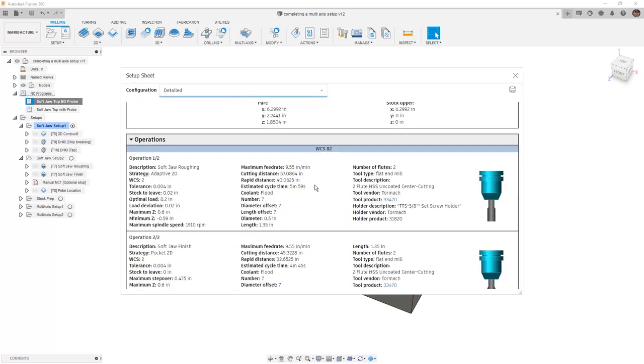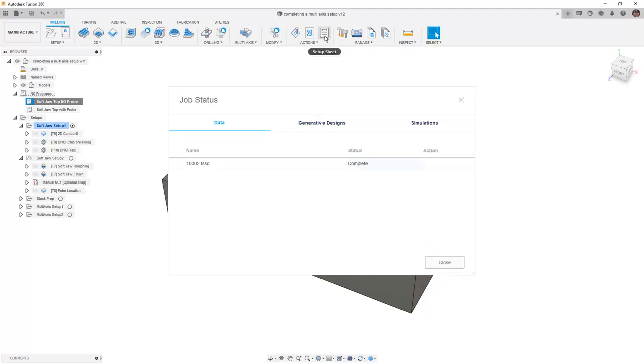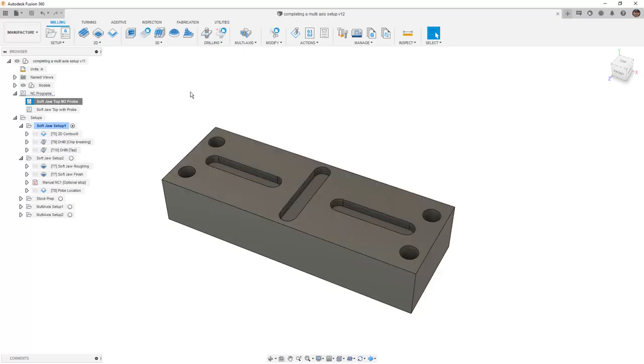So this is a great option because one, this is saved in the data panel with the design itself. You also can configure it and then you can print it out. So this gives us additional configurations for those setup sheets that we didn't have before when just using the standard setup sheet option. When you're a PC user, I do want to show one more option that you guys have